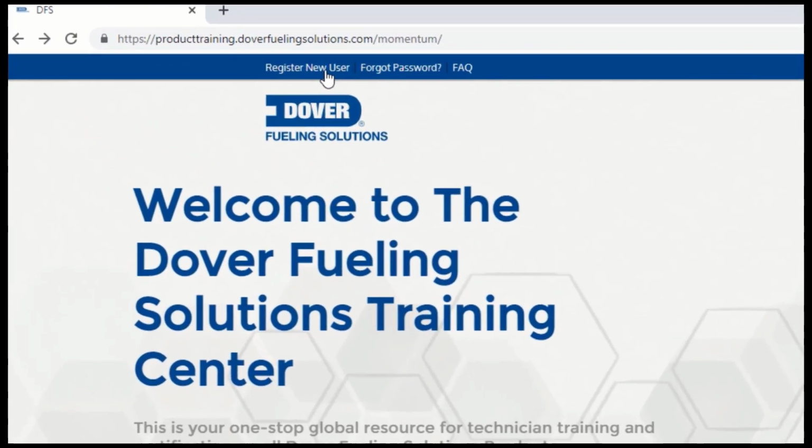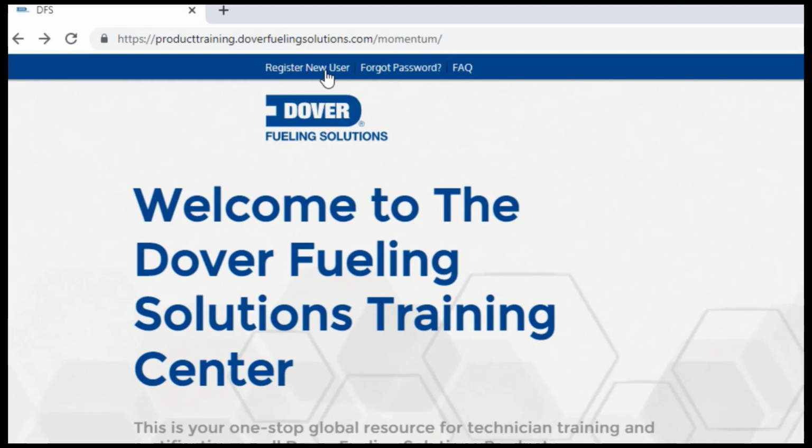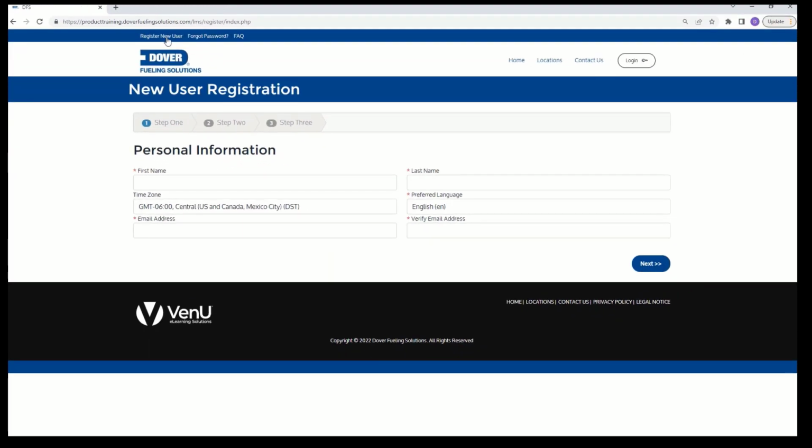Next, click Register New User in the upper left-hand corner of the page just above the Dover Fueling Solutions logo. Complete all required fields on the first page of the registration form. Required fields are denoted by the red asterisk and include the following: first name, last name, preferred language,